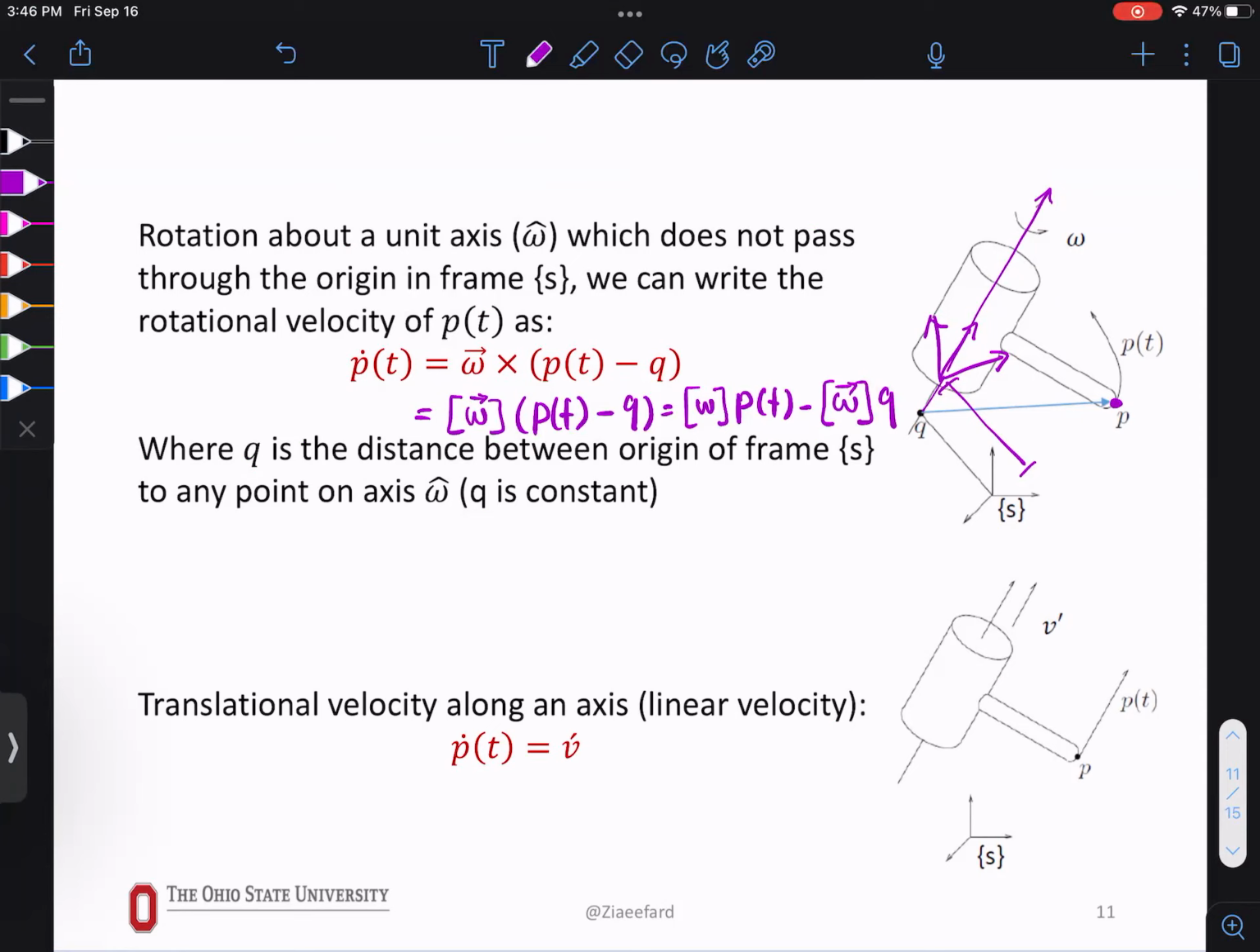Now this bracket omega is a 3 by 3 matrix. It's not 3 by 1 anymore. It's already in a skew symmetric. How do we put it in a skew symmetric? You already have the matrix that you can do that, right? So